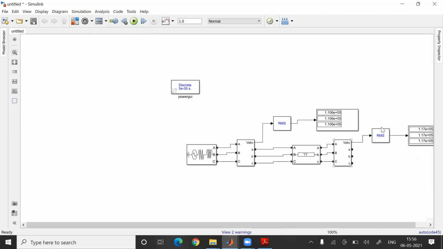Whenever you are going to deal with these black boxes, you have to have this box called power GUI. This is your power GUI, meaning graphical user interface.